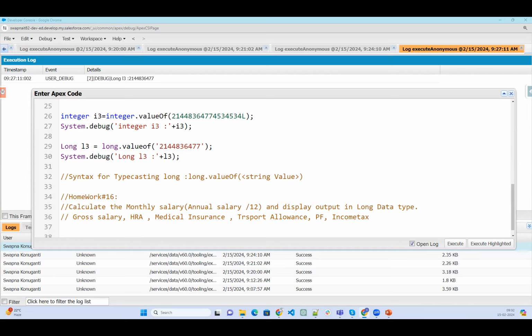You have to add all that for getting the monthly salary, with the basic cost. And then we have to convert it, that will get in the integer, then we can convert into string, then into long data type.